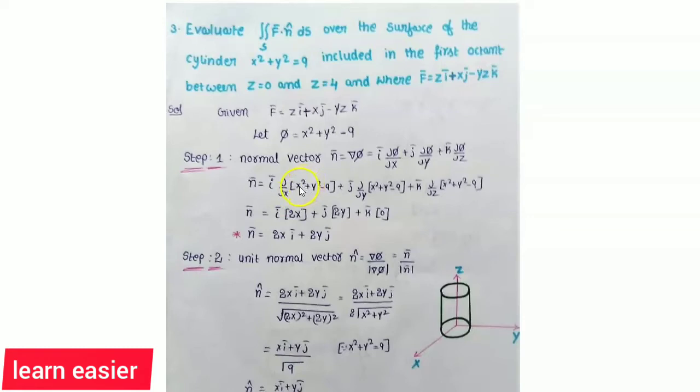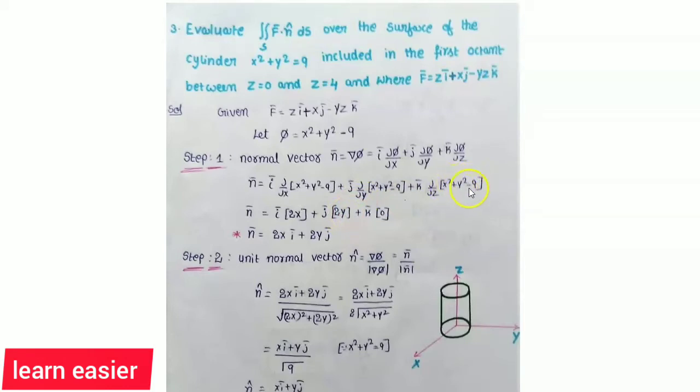So here you can see x square. The derivative of x square is 2x, and the remaining terms become 0 after differentiation because here we are differentiating with respect to x. And now here you have to differentiate with respect to y by taking x as constant. You can see here we have y square. The derivative of y square is 2y, and the remaining terms become 0 because they are treated as constant, and the derivative of a constant is 0. So 2y plus 0 is 2y only.